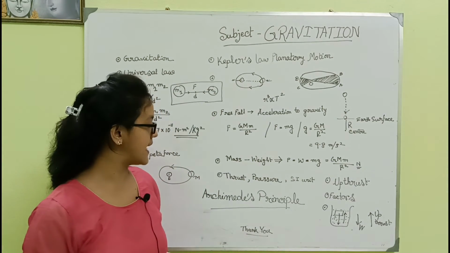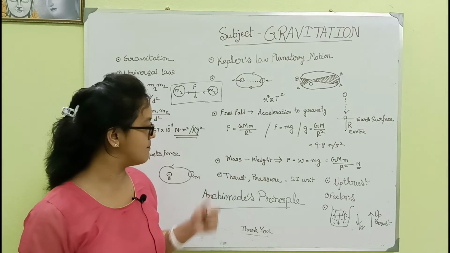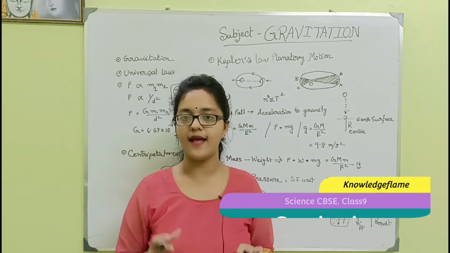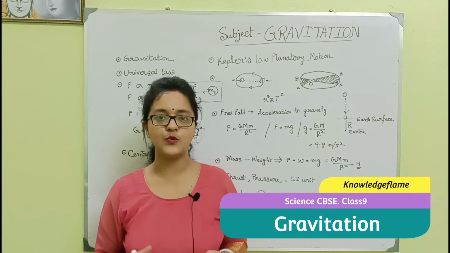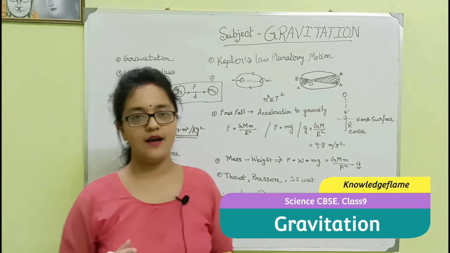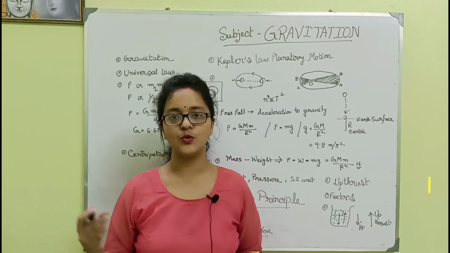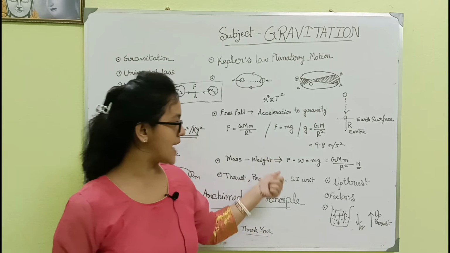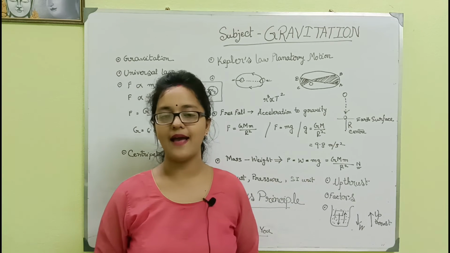So in the next stage we can say what mass and weight are. Mass is actually the content of the body, and this is a scalar quantity. The SI unit is kilogram, and weight is the force by which the object is attracted to the center of the earth. So this weight is equal to the force, and this is a product of mass and acceleration due to